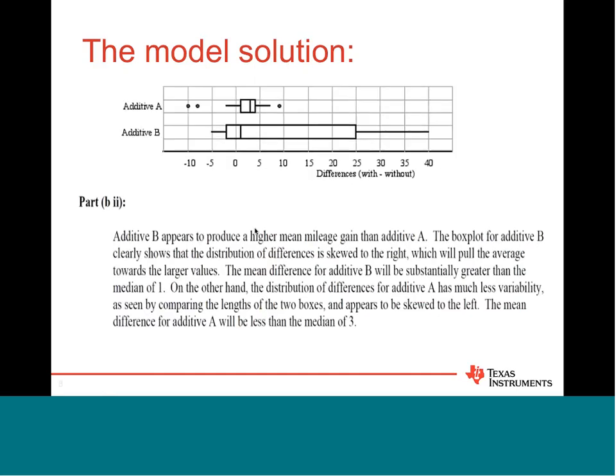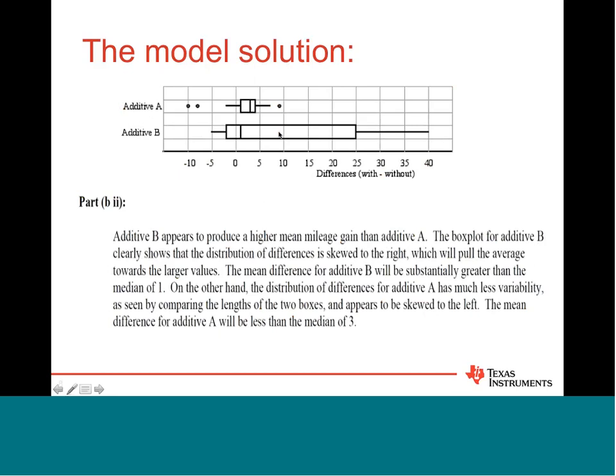All right, so this one wanted to know the higher mean. Which one would you take? The model solution says additive B appears to produce a higher mean mileage gain than A. The box plot for B clearly shows the distribution is skewed to the right, which will pull the average towards